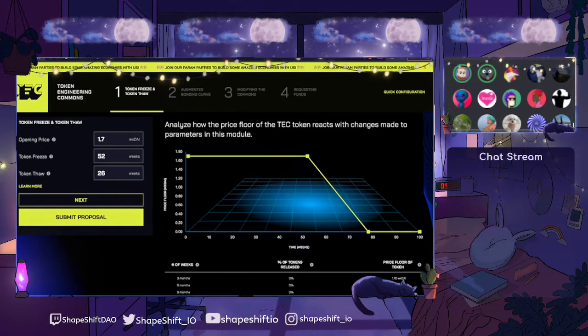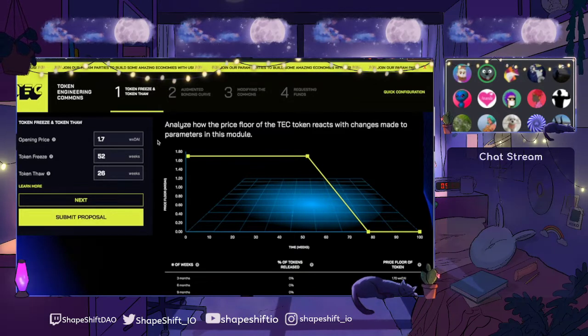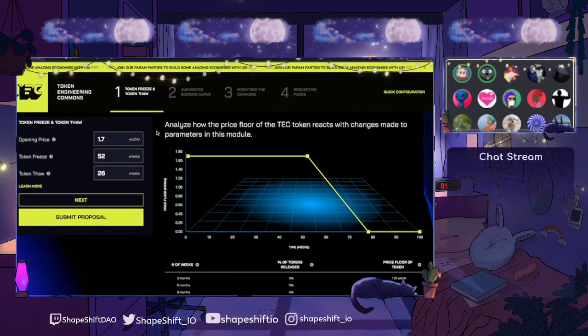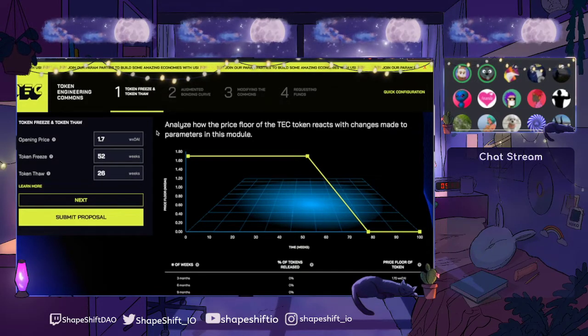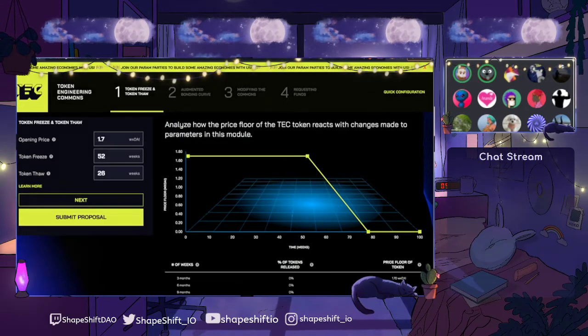It is divided into four different modules used to control different things. Putting you a little bit in context, the first module is going to be the token freeze and token thaw. So as I said, we had a